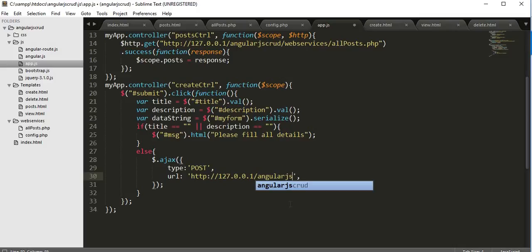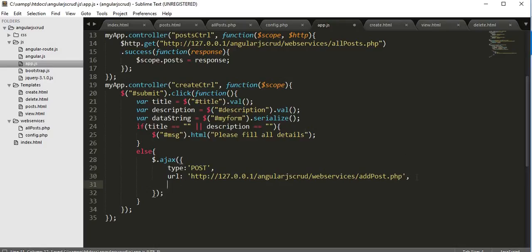http://127.0.0.1/AngularJS CRUD, which is the name of our project, and then the web service folder, because inside the web service folder I'll be creating. Here you can see I have a web services folder. Inside this folder I'll be creating my RESTful web service API, and the name of that API will be add post.php. Okay, once you have given the path, then